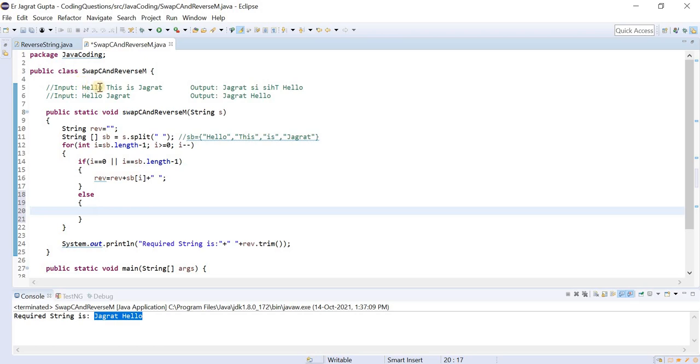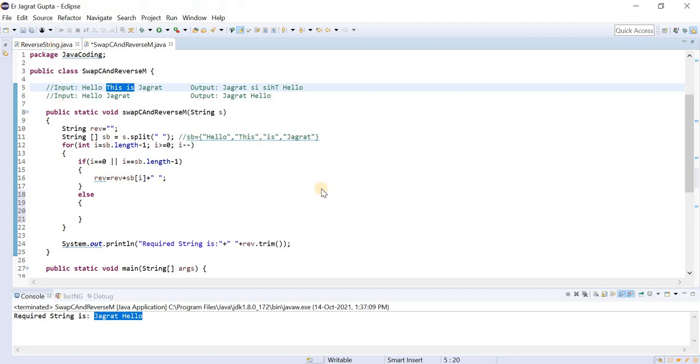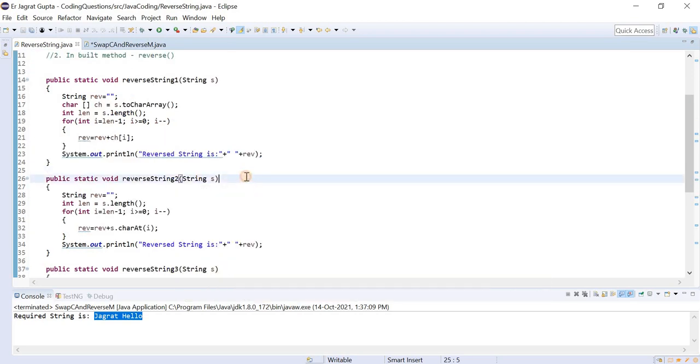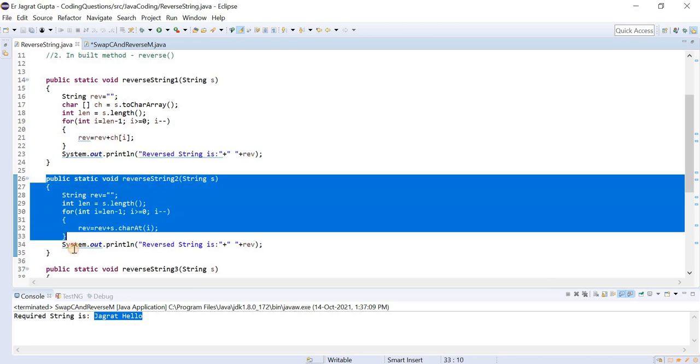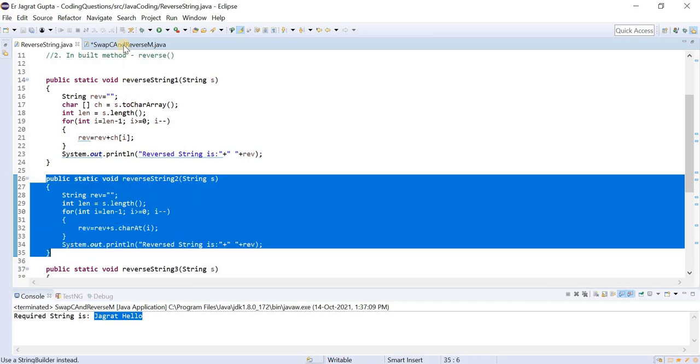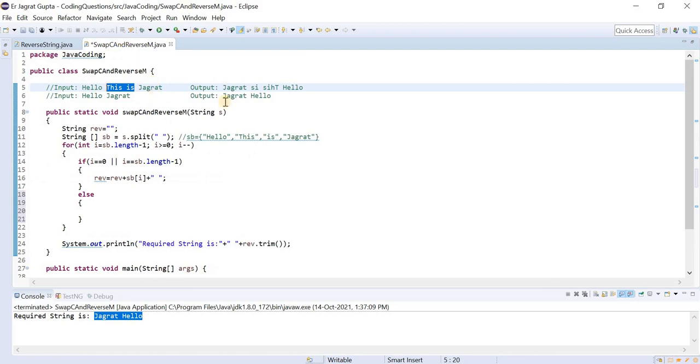So if this would be the first index or it would be the last index, then this will execute. Otherwise, what we need to do, if you will see this particular string and this particular string, we need to reverse all these characters. That's it. So we have already covered the reverse string program in our previous sessions. Okay, so I will copy that thing. You can copy any of the code. So let me copy this thing. I will not write further here to save the time.